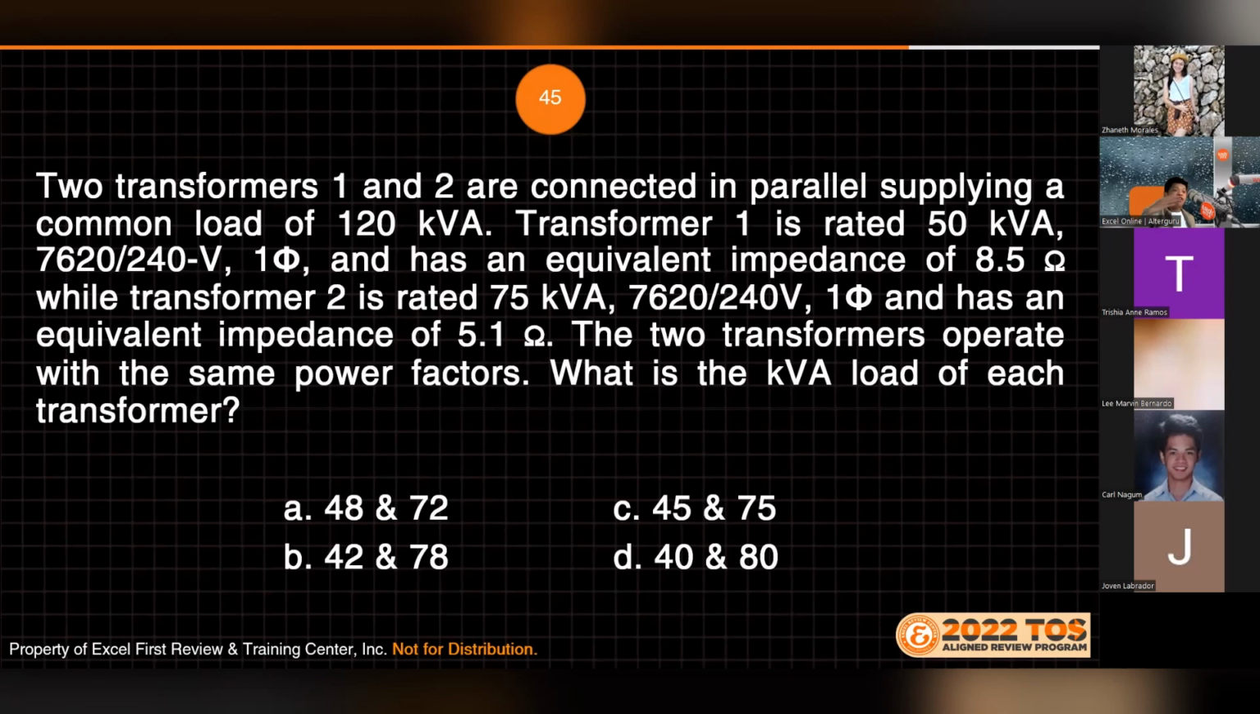Okay, next is number 45. Two transformers 1 and 2 are connected in parallel, supplying a common load of 120 kVA. Transformer 1 is rated 50 kVA, 7,600 to 240 volts, single phase, and has an equivalent impedance of 8.5